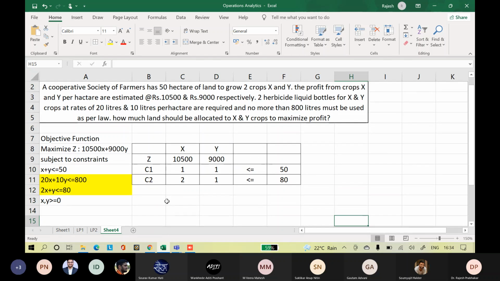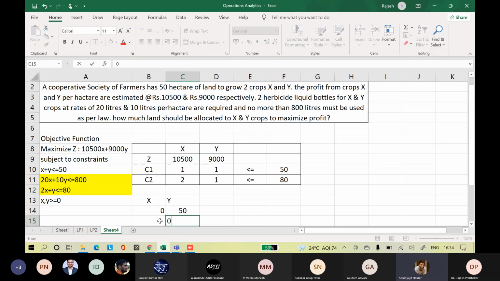Now we will calculate C1 X Y. If X is equal to 0... Sir, there is a third constraint also? No, I have shortened it now. There are only two constraints. I have reduced this equation to 2x plus y less than equal to 80.